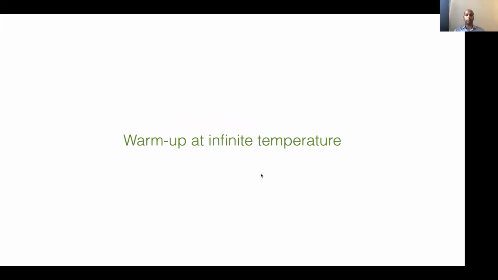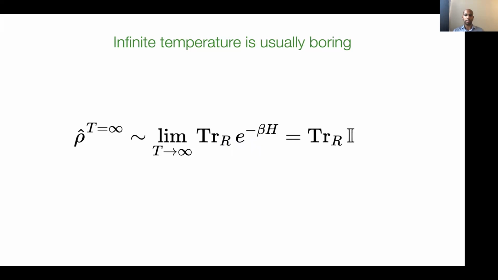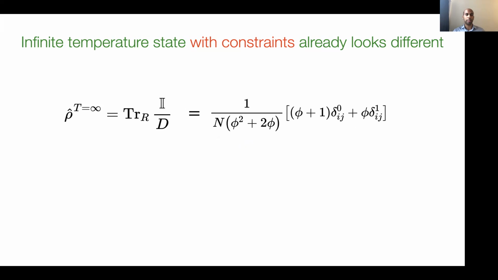So let's warm up with a calculation at infinite temperature. Let's ask what is the infinite temperature mixed state. The infinite temperature mixed state is usually boring. Even though there's an e to the minus beta H, once you take temperature to infinity, that's just an identity matrix. And even if you trace it out, that's effectively an identity matrix. So your infinite temperature mixed state is usually just a boring identity matrix. But with constraints, even this mixed state looks very different. So if you go ahead and do the same thing, your initial state is of course an identity, but once you do the partial trace,